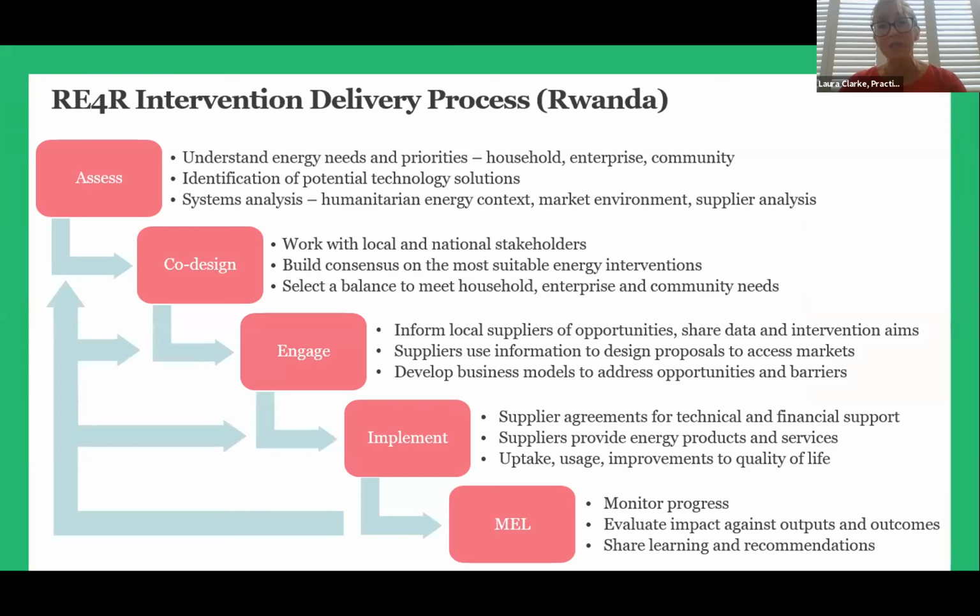And so to take you through the process that we went through in terms of designing and implementing the interventions that we've implemented in Rwanda, we really had a multi-stage process. We did a very comprehensive assessment at the start of the project, really to try and understand energy needs and priorities, again, across those different areas of energy usage, household, enterprise, and community energy uses, identifying potential technology system solutions,